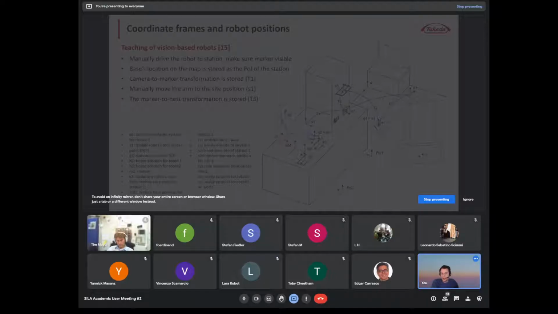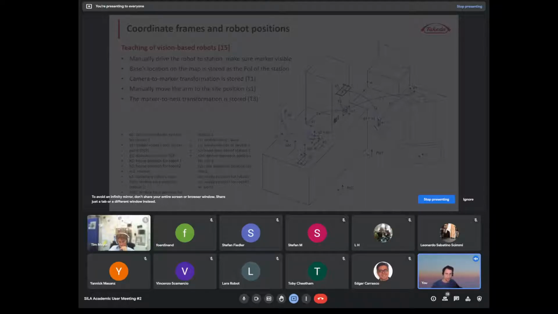And then the operator has to move the arm manually, either by hand or by jogging the arm to align the end effector frame with the handover frame. And then since the robot's kinematics is known, that is based on the geometry and the joint values, the transformation between the camera frame and the end effector frame are known. And then the transformation between the marker and the handover site can be defined. So that's what we ultimately need for the robot to be able to load the sample